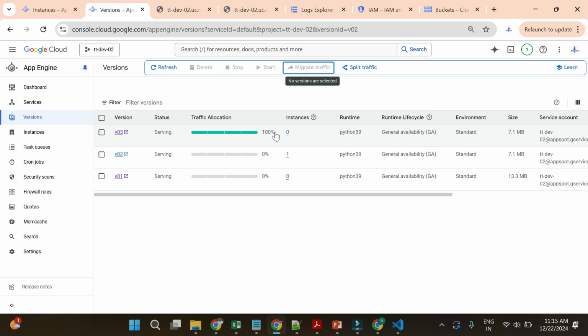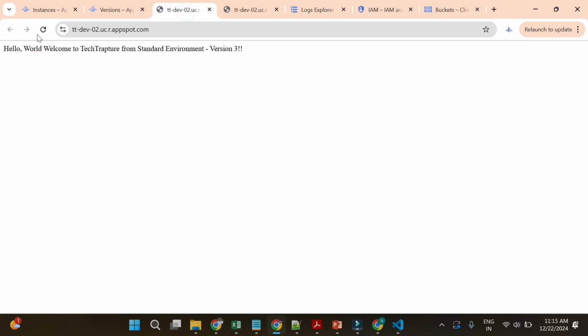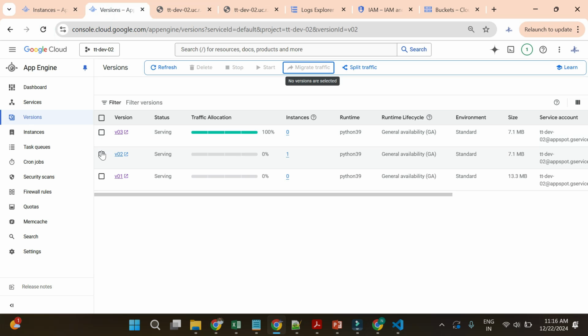Now you can see 100% traffic on version 3. Let me reload. Now every time you will get a response only from version 3, and you will not get any response from version 2 here. So I hope you understood how we can deploy an application to the App Engine standard environment, and we'll work on traffic splitting between version 1 and a version